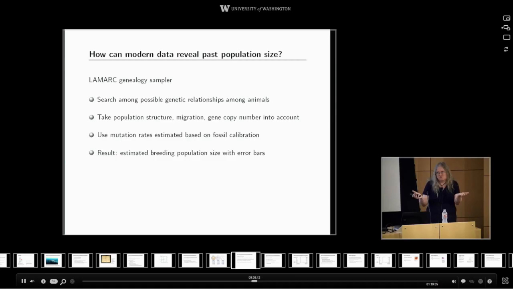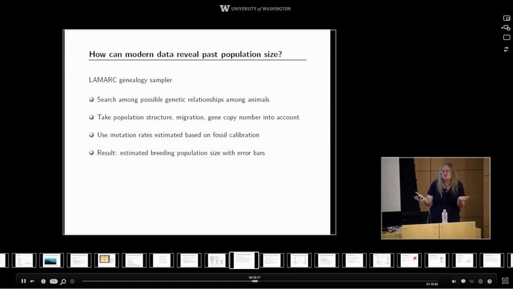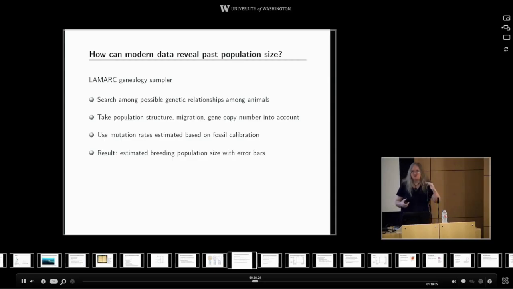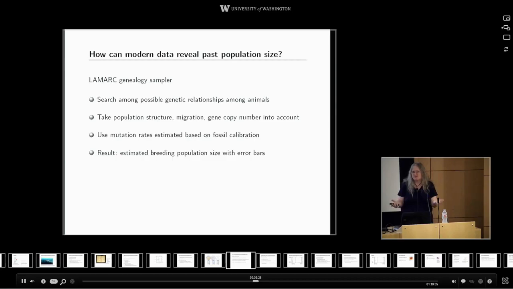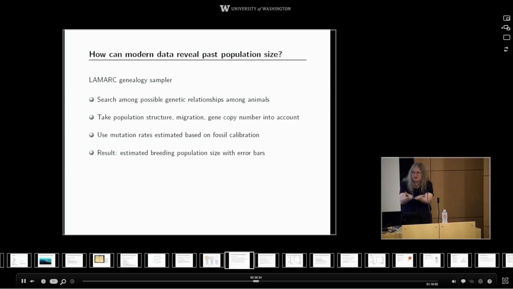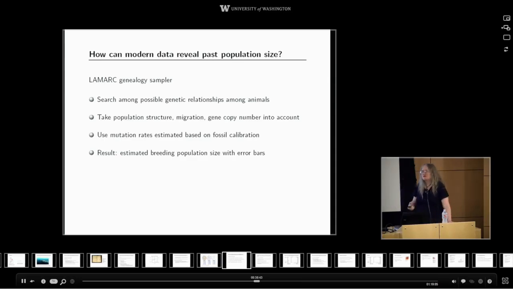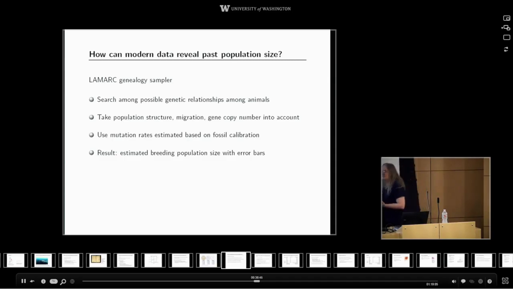If we see that populations are diverse by a certain number of mutations, that doesn't quite translate into what we want to know unless we know something about how fast mutations accumulate. And the way that that was found was by looking at events in the whale fossil history where we have pretty good dates. For example, you can often date things because if two bodies of water were not in contact and then it came into contact, then any species found in both got there subsequent to the point where the bodies of water came into contact. And the result of this is estimated breeding population sizes with, again, error bars.